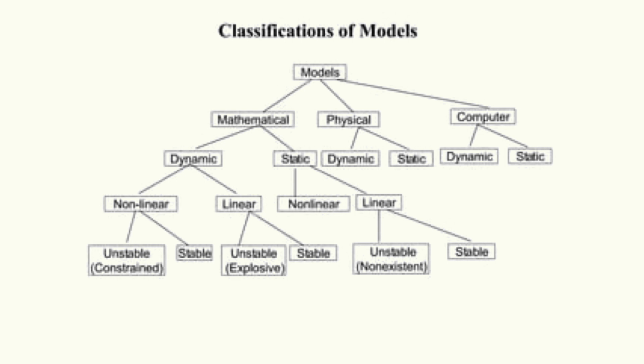Then these mathematical dynamic models can again be classified into nonlinear and linear, whereas the static mathematical models can be further classified into the same, that is nonlinear and linear. Again, the nonlinear dynamic models can be classified into unstable and stable. Similarly, the linear dynamic mathematical models can again be classified into unstable and stable. Now, we will discuss in brief what we understand by linear, nonlinear, stable, unstable, dynamic and static